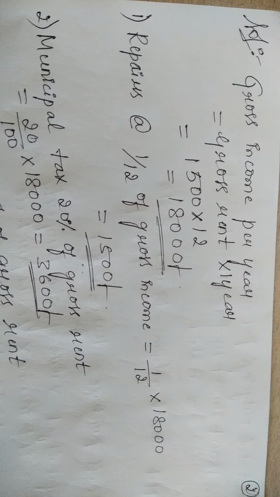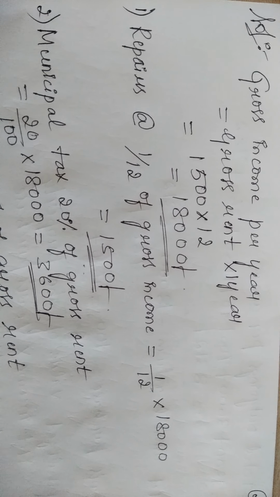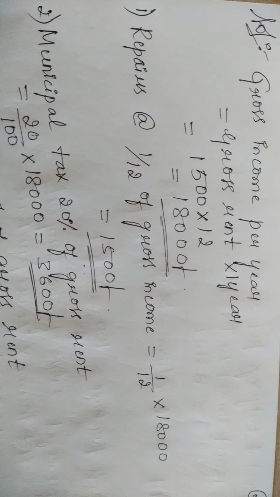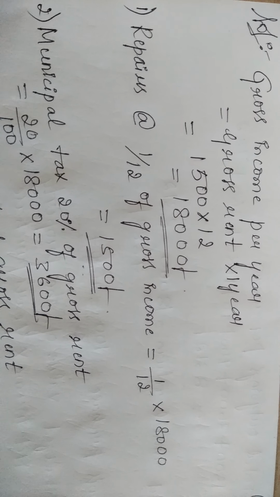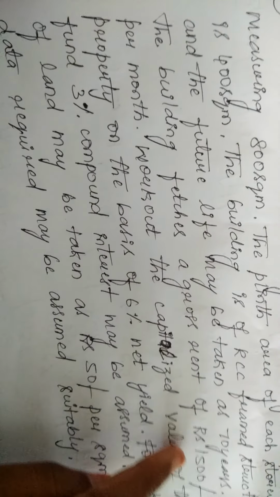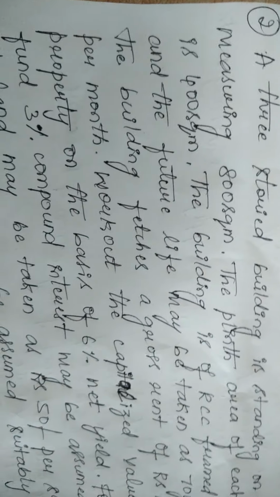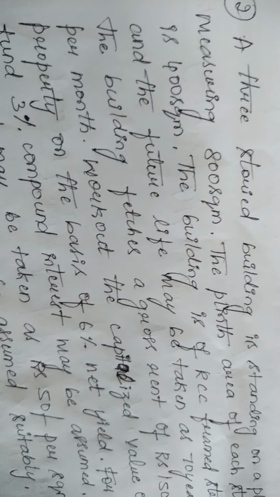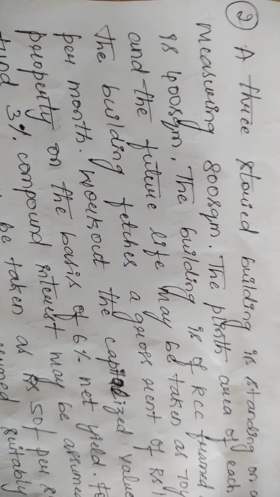Let us find the gross income which is coming from the building per year. The gross income will be found out by the product of the gross rent and the months in a year. Here in the question, the gross rate of the building is given as rupees 1500 per month. If the rate is 1500 per month, then what will be the rate for 1 year? For 1 year, totally there will be 12 months. For 12 months, what will be the gross rent of the building that you have to find?